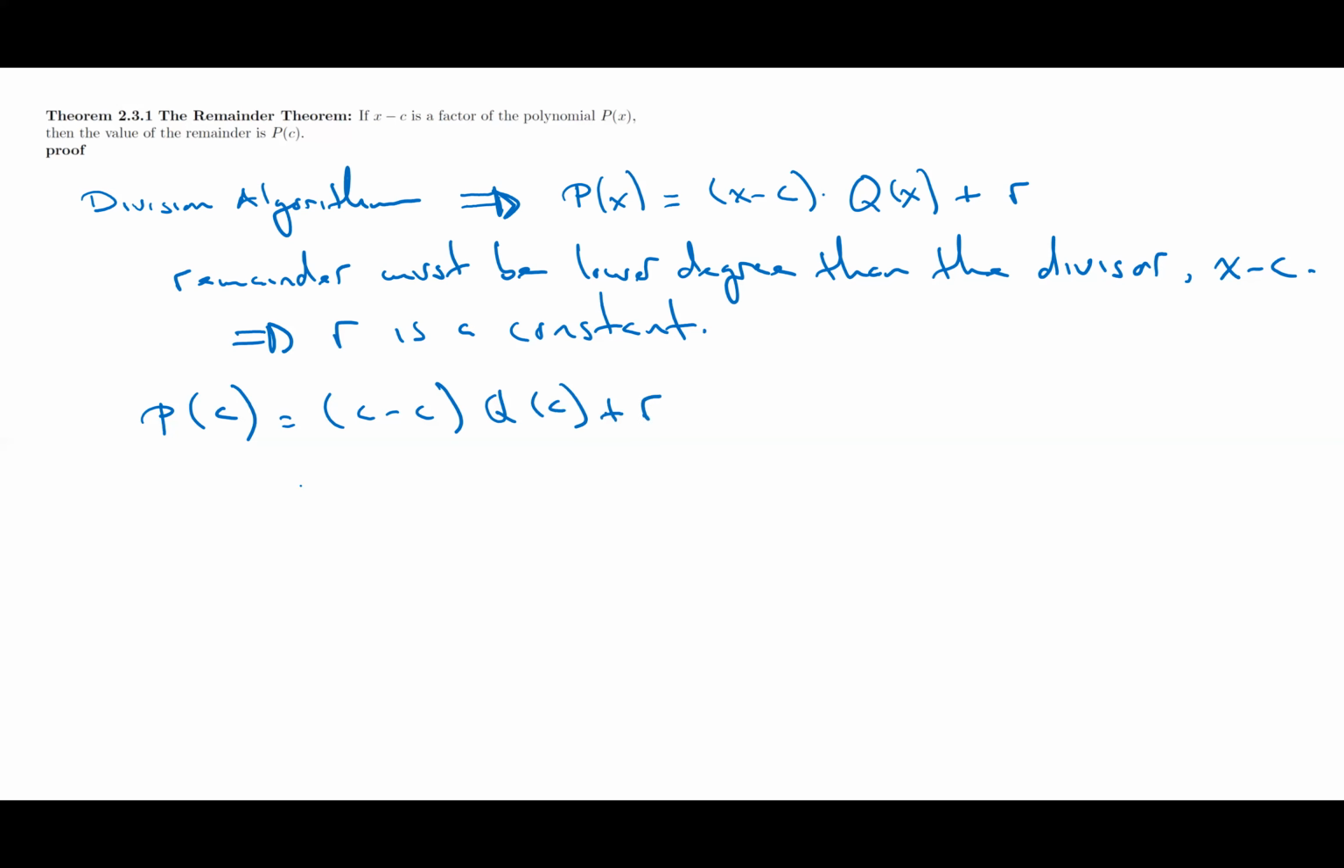Well, that's 0 times q of c. Again, I have no idea what q is, just some quotient, which tells me that p of c equals the remainder r. Okay, there we go. The division algorithm is the key. Rewriting the polynomial, more specifically, in this form, and then showing that when you plug in c, all you're left with is that constant remainder. All right? Okay, well,